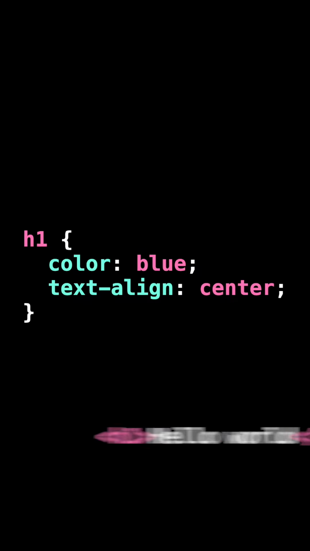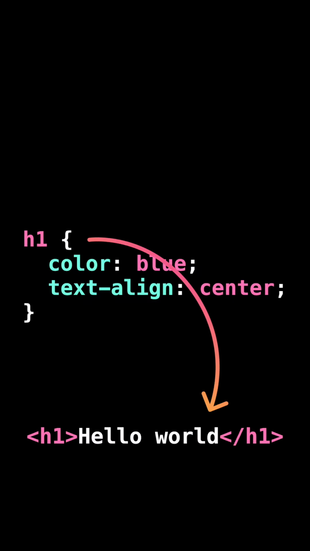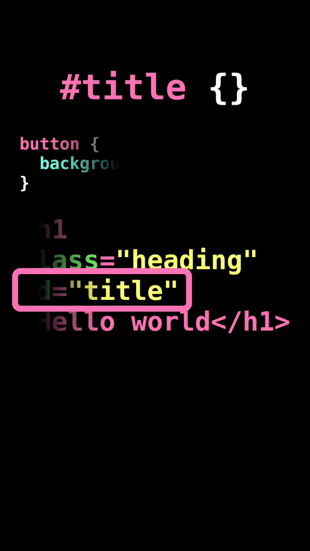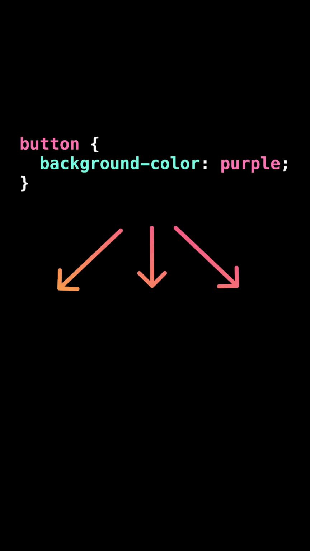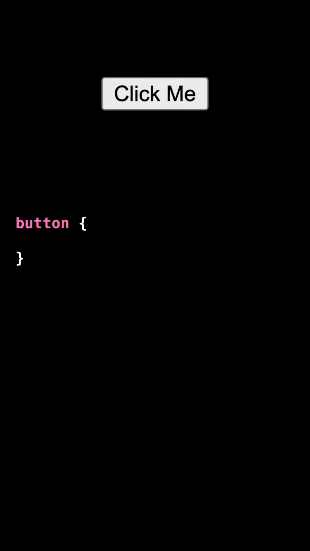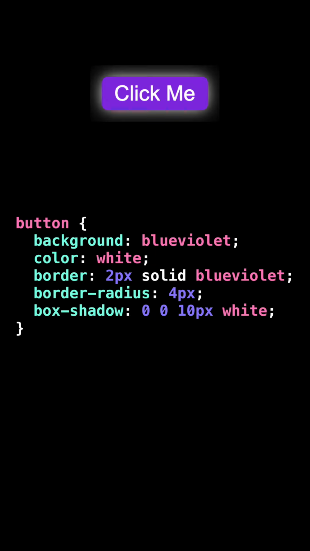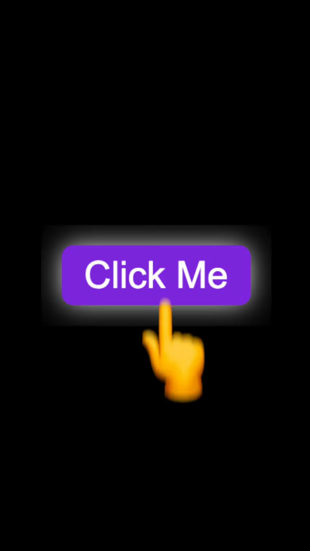Each selector is used to target one or more elements in HTML, and can select elements by type, by class, or by ID. And each declaration is used to change the style of all the matching elements. For example, if I have a button in my HTML, I can use the button selector to target it and change the background color, the border radius, the box shadow, and I can even give it some fancy hover or